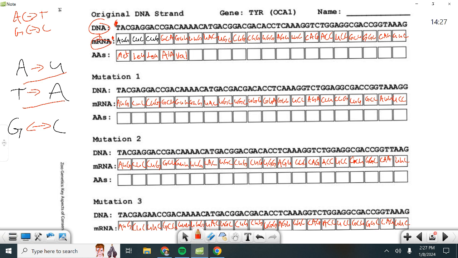Okay. And what we're going to get to eventually is you're going to try to find the mutation. So the next step I would have to do is do it for all of these DNA strands. So this is the original, and then we have 3 mutations, and we have a couple mutations to work off of. And I'll show you how to do that in our next